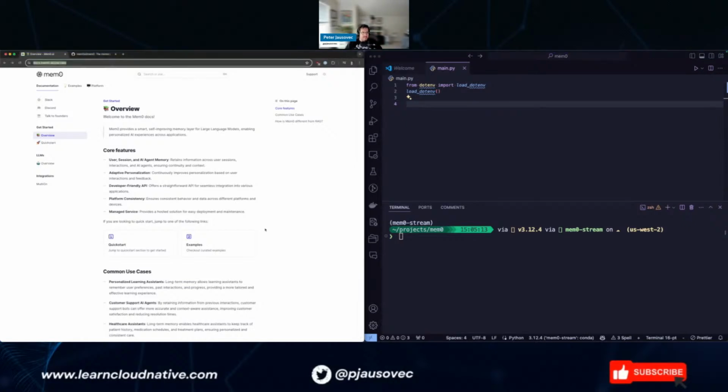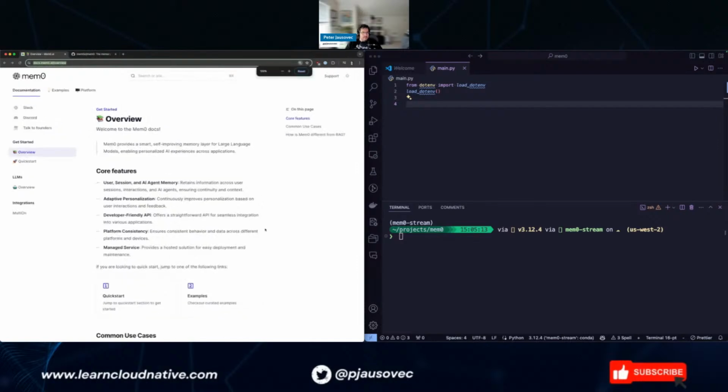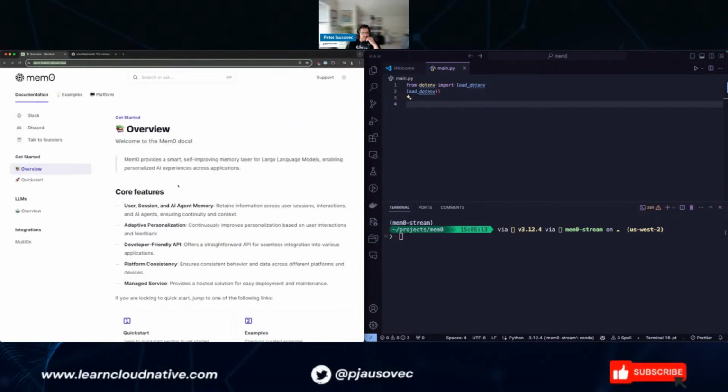So what is mem0? mem0 provides a smart, self-improving memory layer for LLMs, which enables personalized AI experiences across applications. Okay, so reading this without going any further, what I think as I read this is that it's a database that stores your interactions with an LLM in some sort of way.